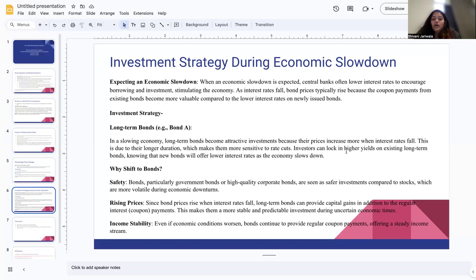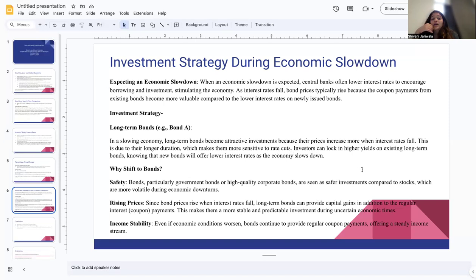So in a slowing economy, long-term bonds become a more attractive investment because the prices increase more when interest rates fall. When I plan to sell this house, I might sell it for a much larger price than what I purchased it at today. It is due to the longer duration, which makes them more sensitive to